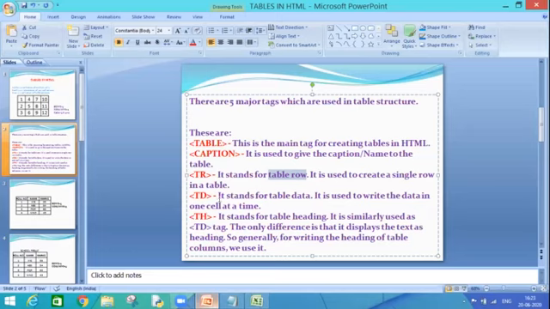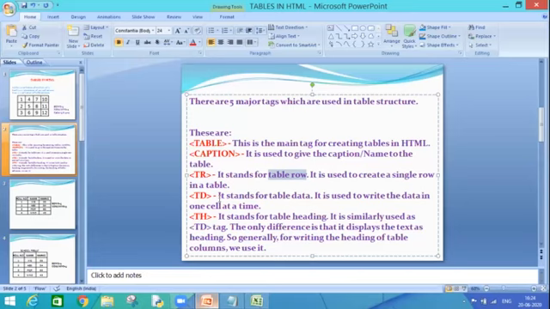Next, let's move on to the TD tag. The TD tag is basically used to form the cells in a row. There is no column tag. Try to understand this. There is no column tag in a table, but we have a TD tag. TD stands for table data. I have created my row with the TR tag. Now, once I start entering the data into my row, then one by one the cells will be formed with the help of the TD tag and the data will be entered.